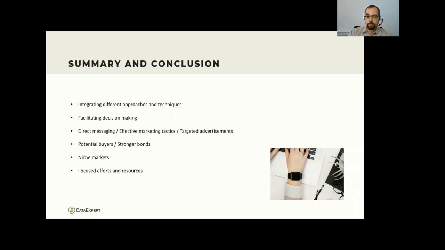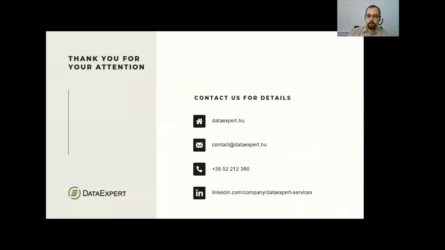Last but not least, it is important to highlight that the integration of different approaches and techniques, as you see, we use different methods from principal component analysis to discriminant analysis and visualization, can make your life easier in a data-driven world. Lastly, I would like to thank my colleagues and everybody for their contribution and support in making this presentation feasible. And thanks for watching this video. I hope you enjoyed it.